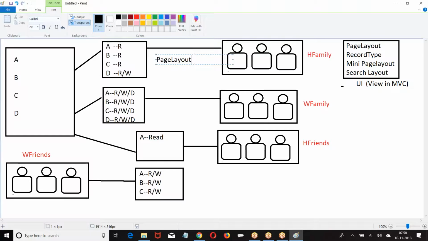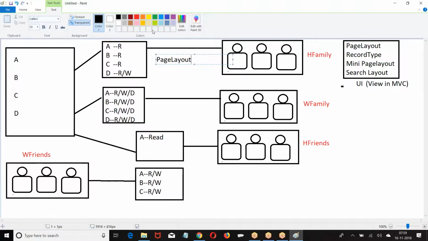In the entire organization, I will not show every field of the table to everybody. There is some sensitive data which I should not show for executives. There is some sensitive data which should be visible to the managers. How an object is visible to a user is controlled with the page layout.